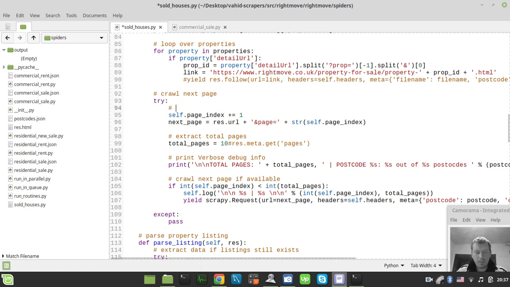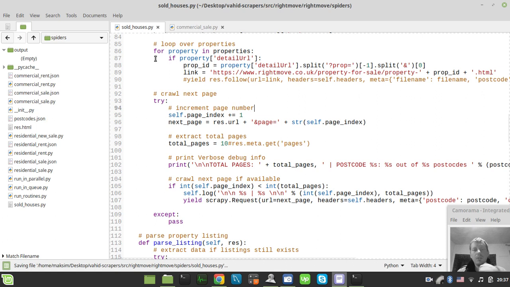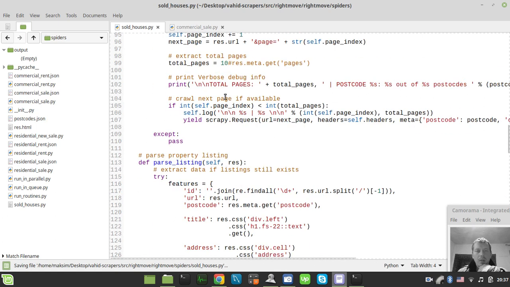Here we say increment page number. Okay, and so total pages is about to be debugged. So I will debug this soon. I will make the selector for obtaining this sort of a number. Okay, but before that,